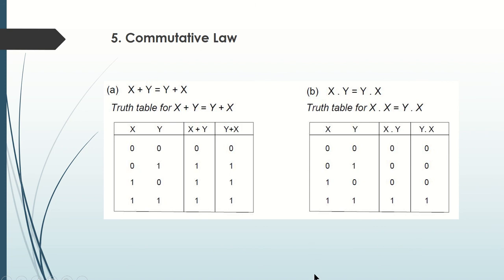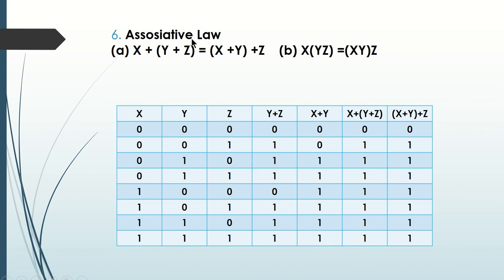So the next one is the associative law, with the three variables: x plus of y plus z is equal to x plus y of z. When you apply the duality, x of yz is equal to xy of z. Then you have to calculate the left hand side and then the right hand side. I drew the truth table for only one expression; you can draw it for the other one.